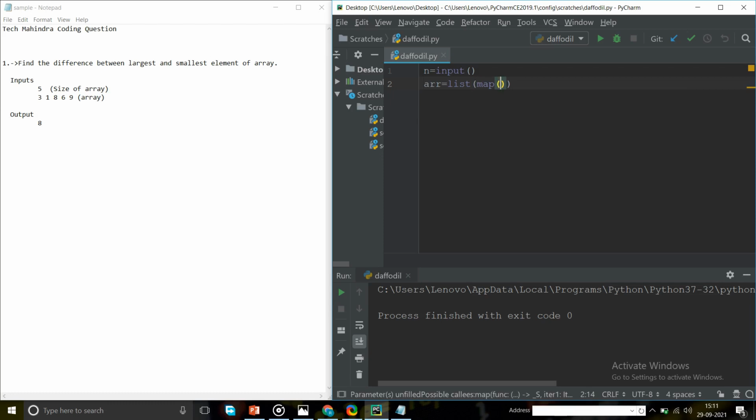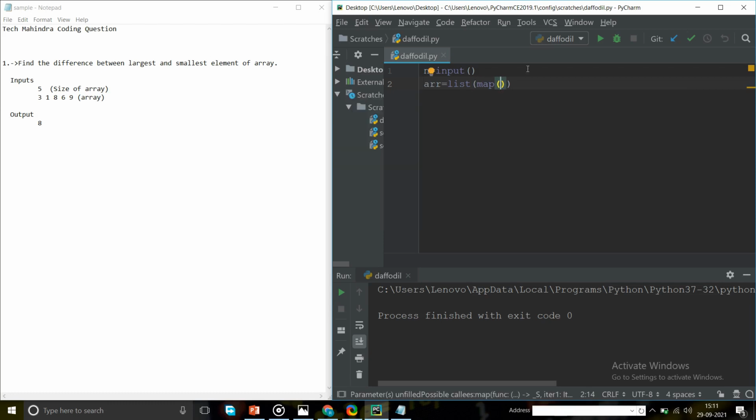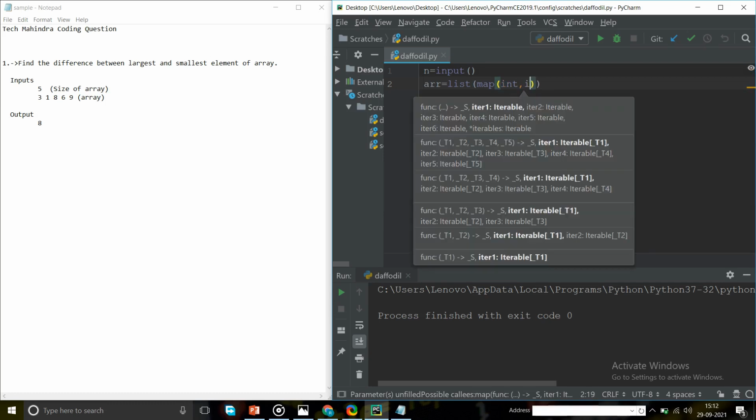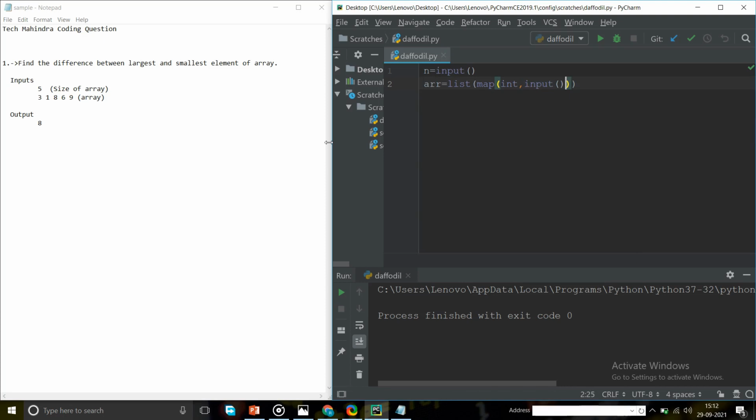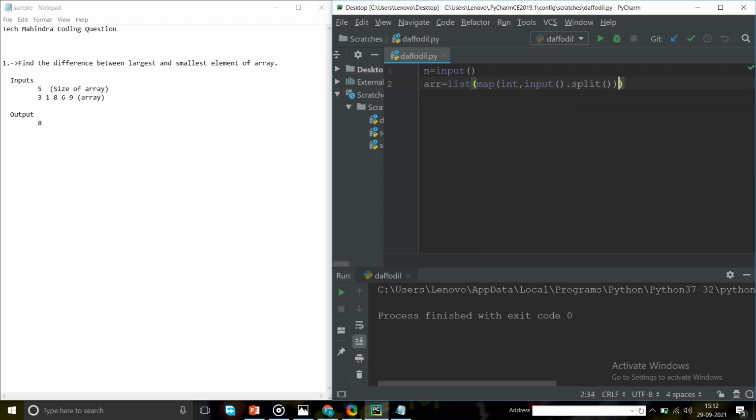Here we decide the type of input. This is a number, so int type. But here you can see that there are gaps between the elements of the array, so we will split it. So split function. We are done with inputs.